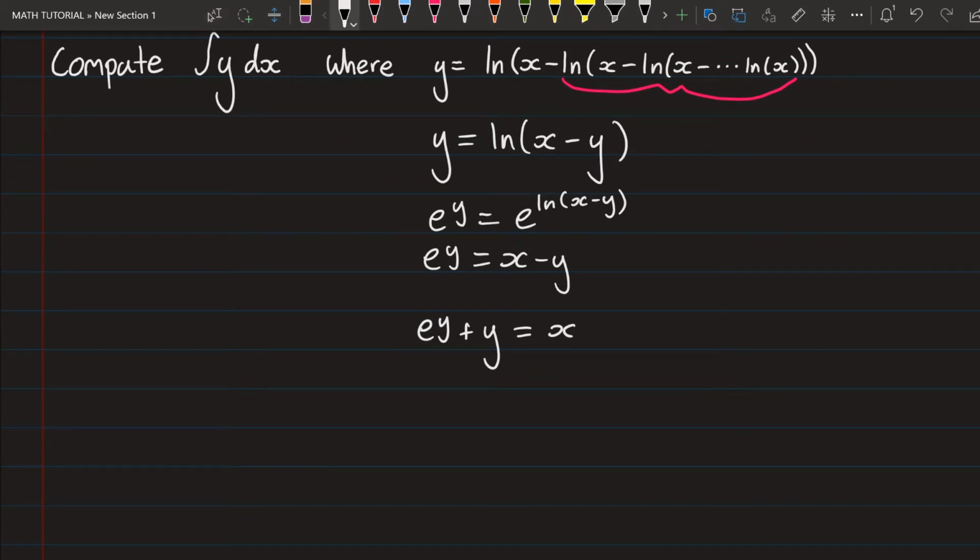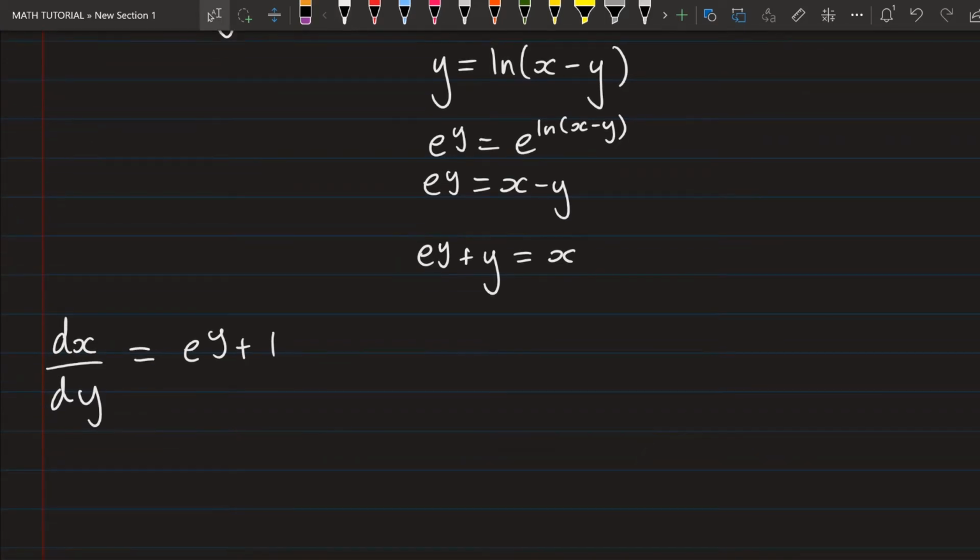So we just find dx/dy. dx/dy in this case is going to be e to the y plus 1. And that's actually the derivative of the x function in terms of y. You could flip it, take the reciprocal, and find the dy/dx function, but that we do not need. But that could be useful in finding the derivative of this infinite sum. So let's go ahead